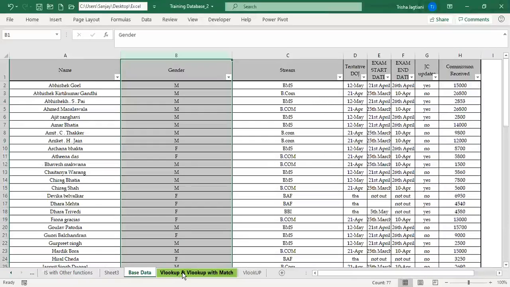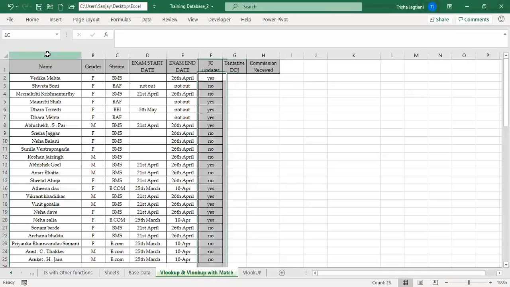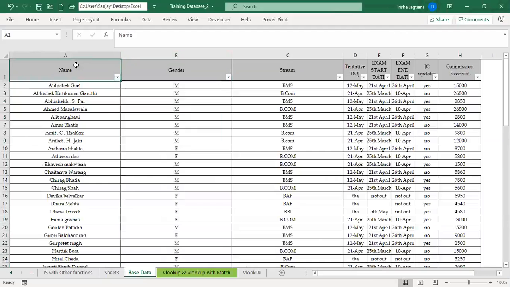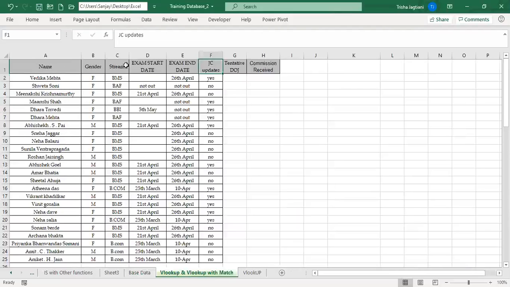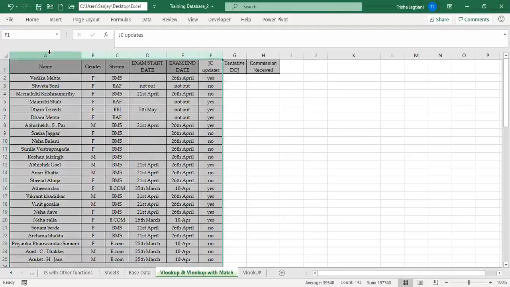Both the databases have some columns in common, and those are name, gender, stream, exam start date, exam end date, and JC update. You will see in the base data also all these things are available. So I have identified 6 such columns which can be used as a lookup value.